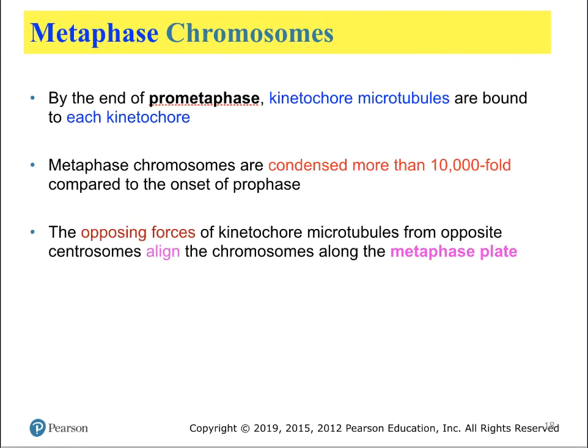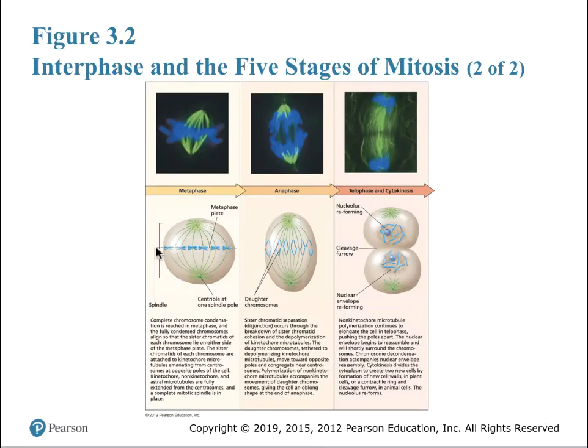The next phase is called metaphase. The sole purpose of metaphase is to line the chromosomes up in the center of the cell so that they can be appropriately separated. In order to prevent tangling and breakage of chromosomes, which are really quite fragile, the metaphase chromosomes are condensed to their maximum, and thus 10,000 times more folded than they were during interphase. By pulling on the chromosomes from opposite sides, the kinetochore microtubules are able to position each chromosome at the metaphase plate. The metaphase plate is nothing more than a hypothetical region between the two centrosomes at the equator of the